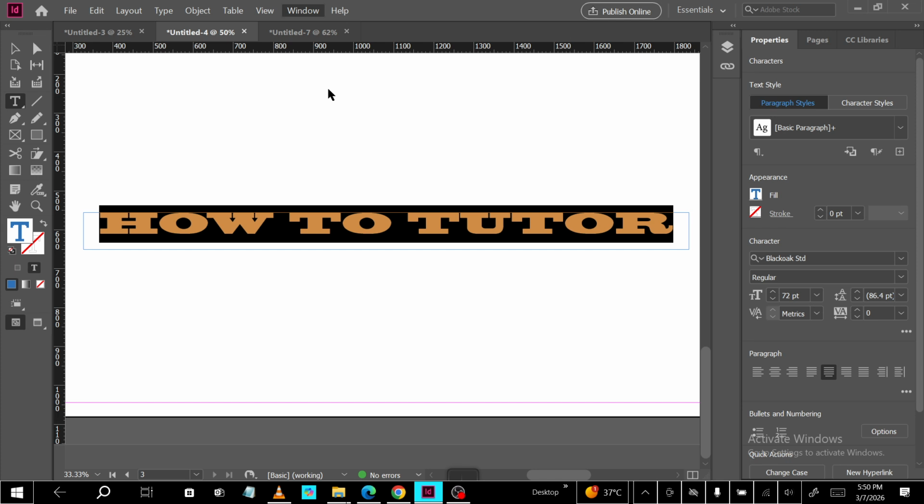If you click away from the text with the selection tool, you'll see how it looks as part of your overall design. If you decide you don't like the underline or you want to remove it from part of the text, just reselect the Type tool, highlight the underlined text again, and click the same underline button in the control panel to toggle it off. It's worth remembering